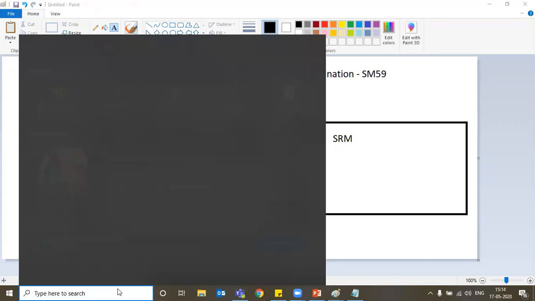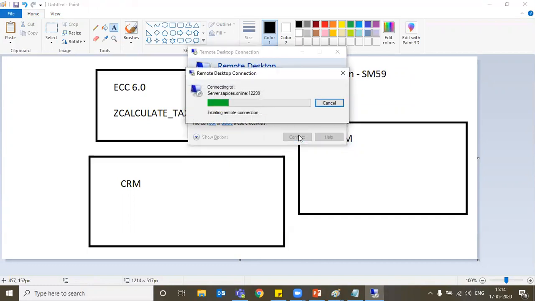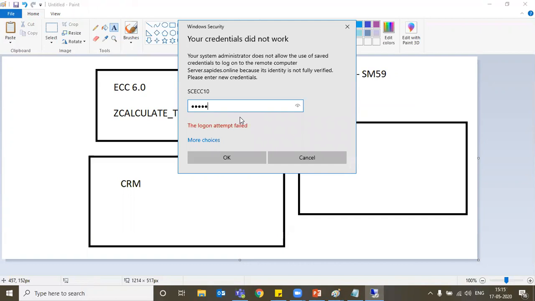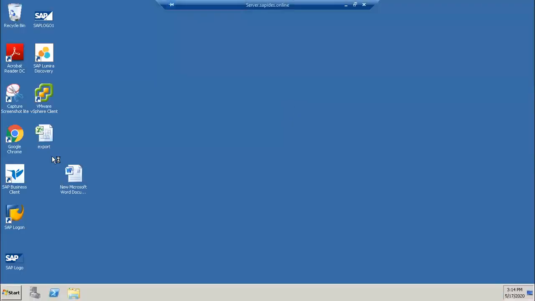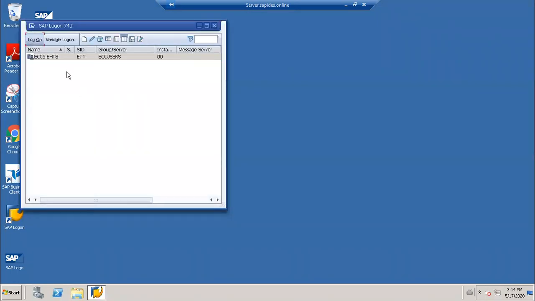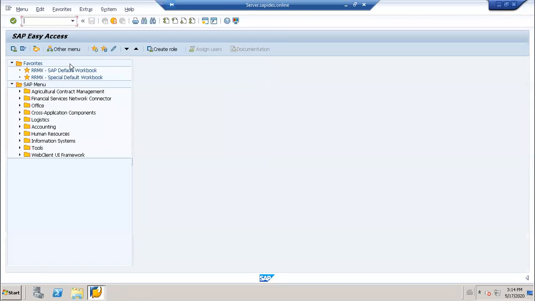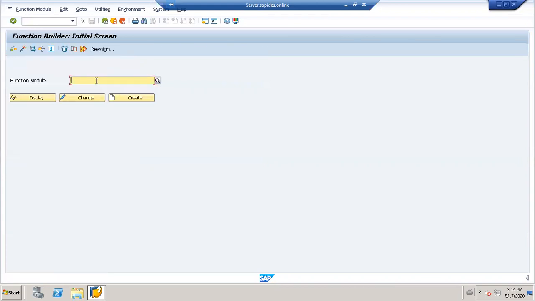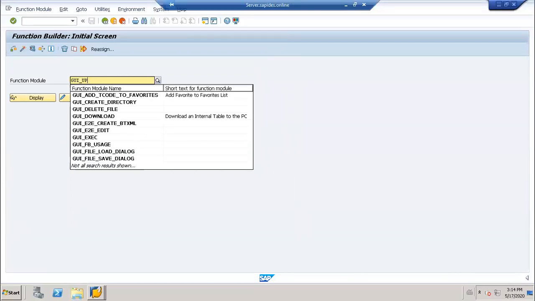Let me go to the function module. Let me display any function module, for example GUI_UPLOAD.